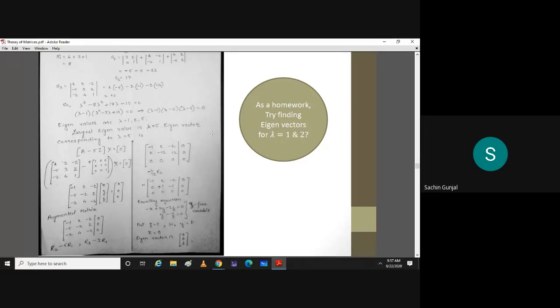Okay, just write down the answers. Corresponding to 1, the eigenvector is 2 and 4. Corresponding to 2, the eigenvector is 1, 1, 2. The answer is in terms of t, right? Yeah, right. It will be in terms of t, but you can give a simple value to t to avoid those fractions. That means if you have t by 2, t by 2, t, you will put t equal to 2 so that you can avoid that fraction, isn't it?